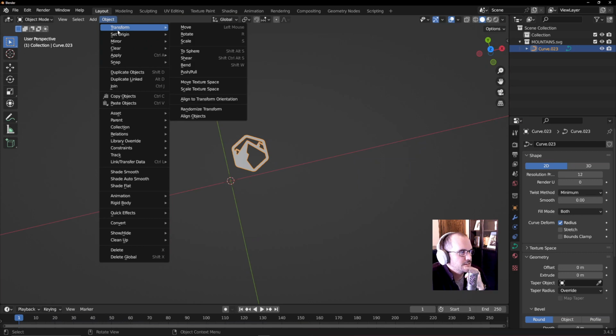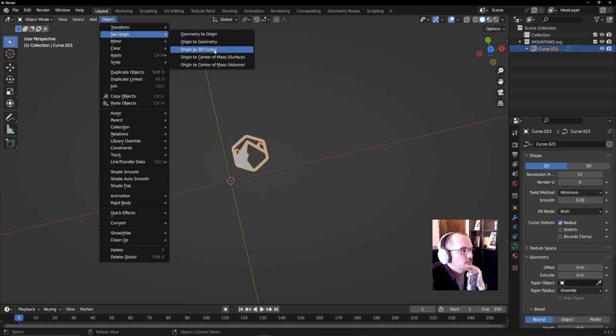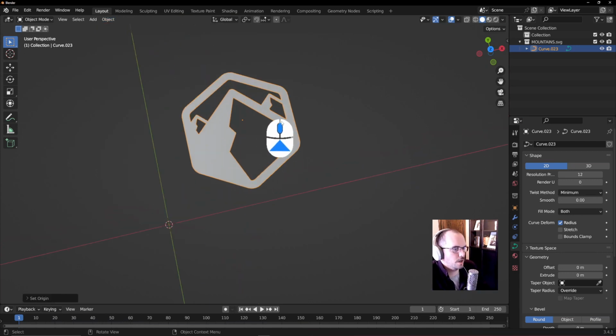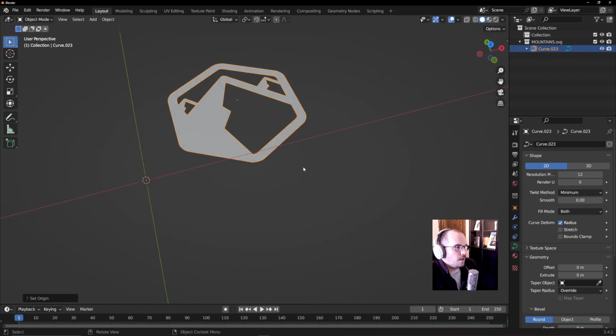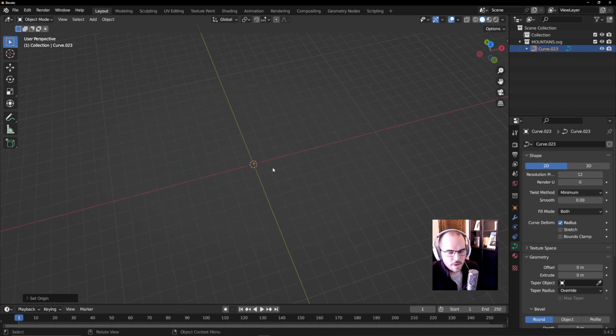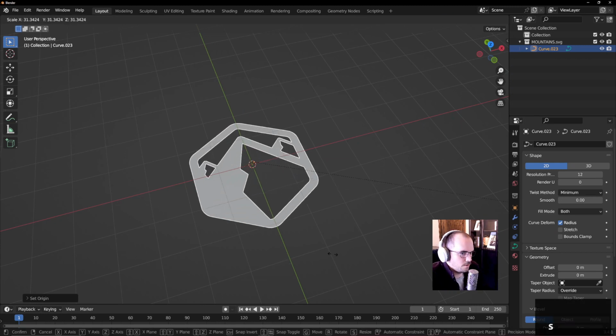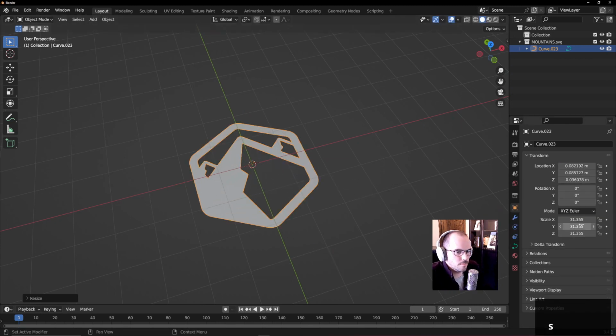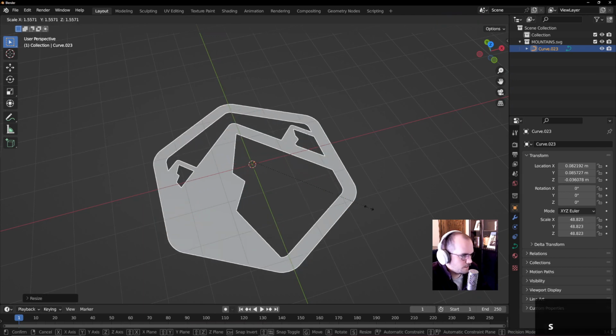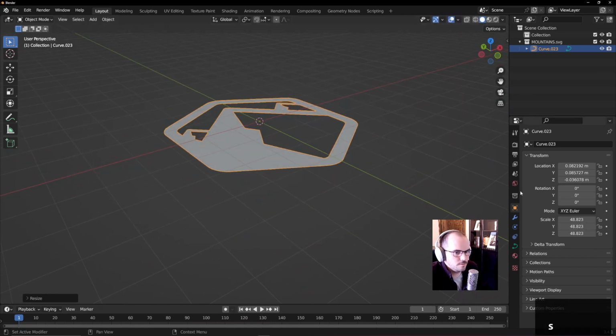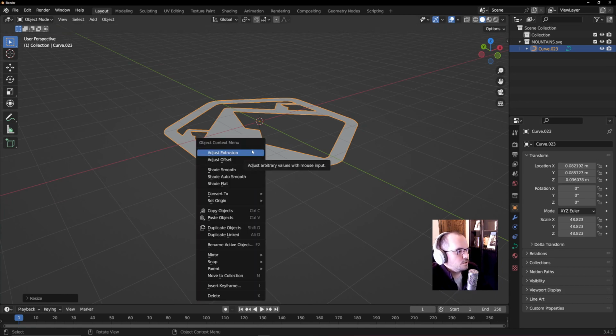So just doing a nice little set origin to geometry, like this, puts it in the middle. A lot of times the scale is way off if you're importing things into Blender. So just give it the old S like this, and the scale is 31. But if you want to reset all the transforms, you can